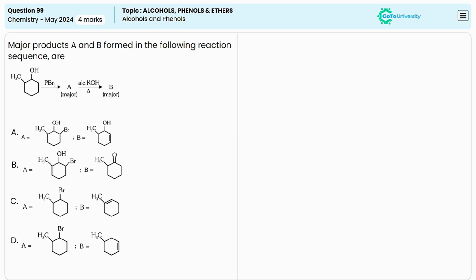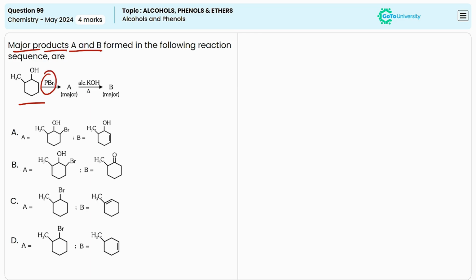In this question, an incomplete organic reaction is given. We have to identify the major products A and B in this reaction. The reaction is starting with a cyclic alcohol, and this on reaction with phosphorus tribromide is producing a product